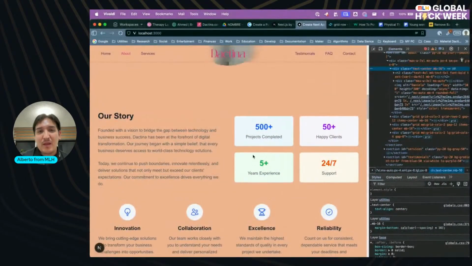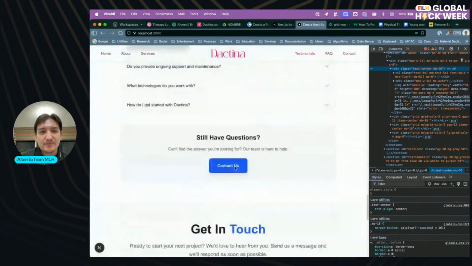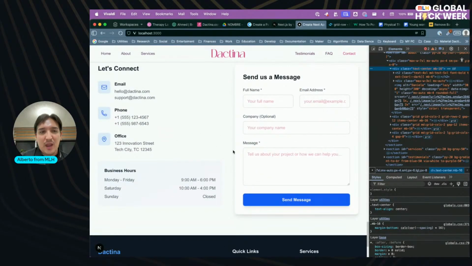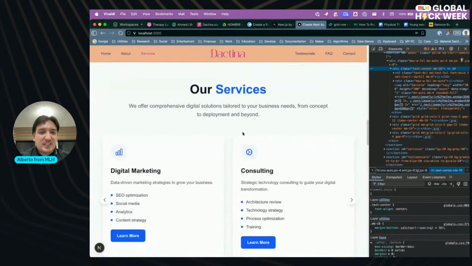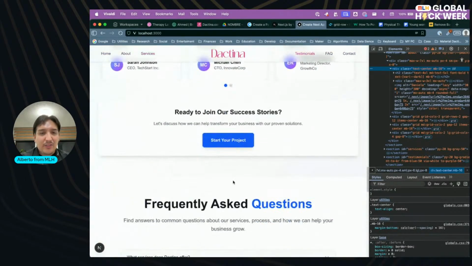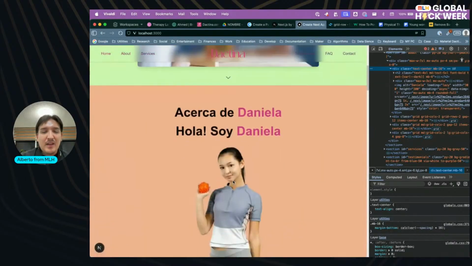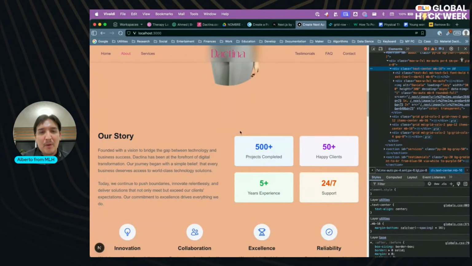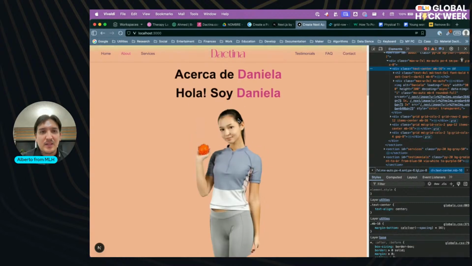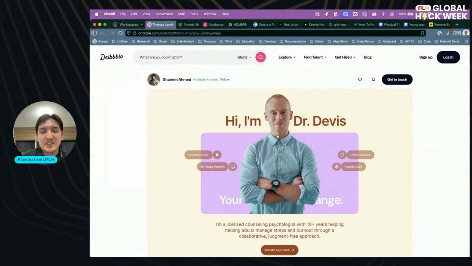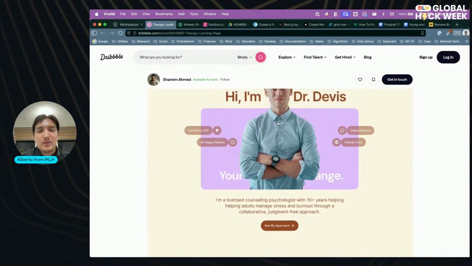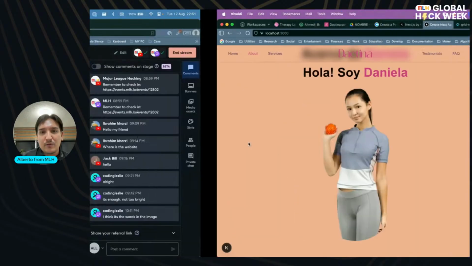So I will prepare this get in touch form to have a connection to a real backend. In the meantime, these services and clients and other things can remain the same. I will just finish wrapping up the content of the about page, giving the structure that I want, which is very similar to this. And I will see you tomorrow for finishing the rest, right? Just connecting or creating a backend, simple but efficient.